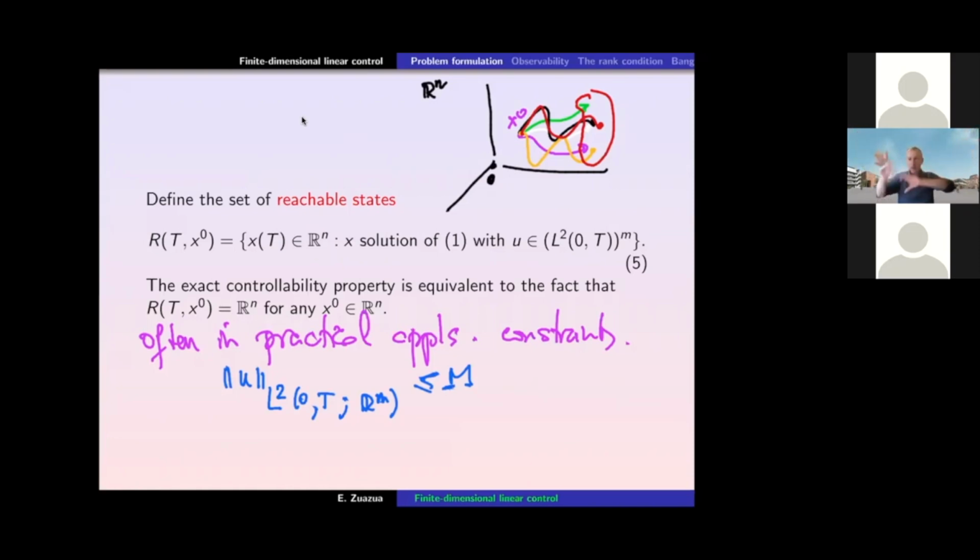And then 3 people have to share the job of preparing the proposal, right? So there is a constraint also on the amount of work you can deliver, right? And this is the M. Then in those cases, of course, the reachable space, the reachable set, will also be limited in size, right? But then, it is still interesting to understand whether you have the controllability without constraints,